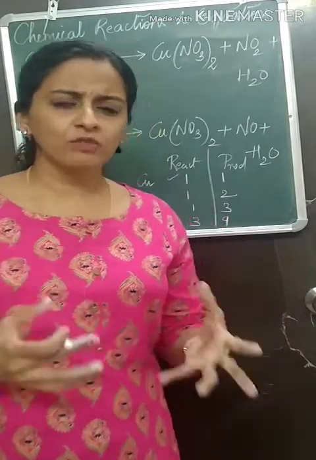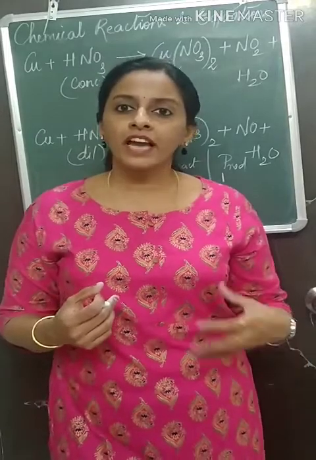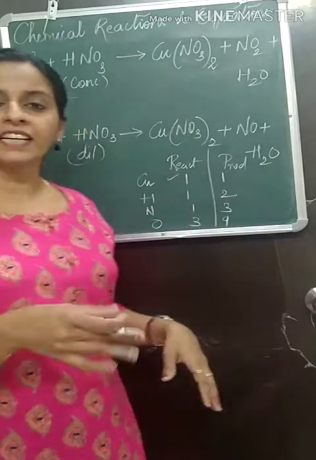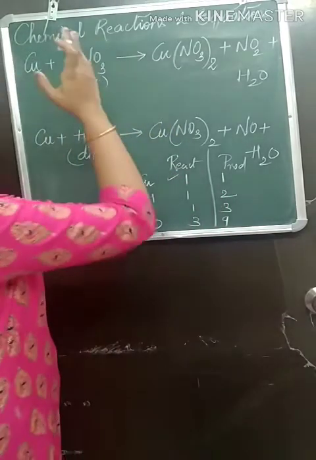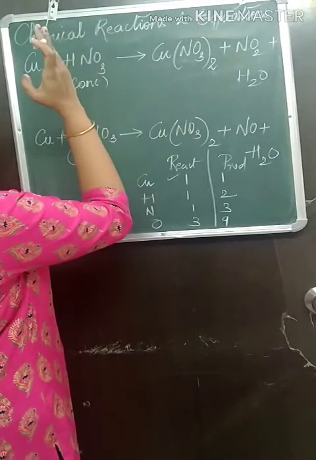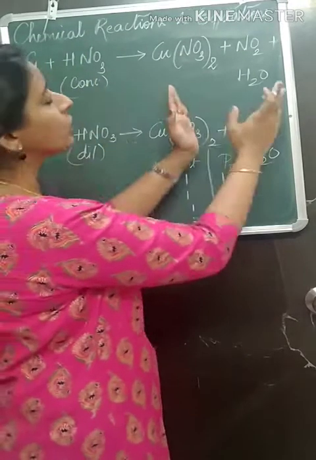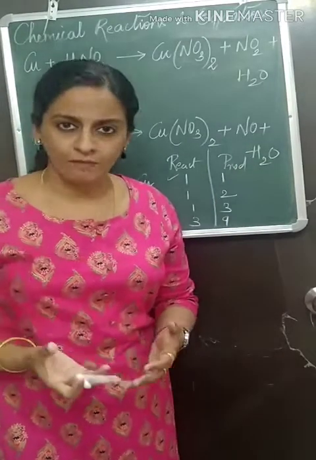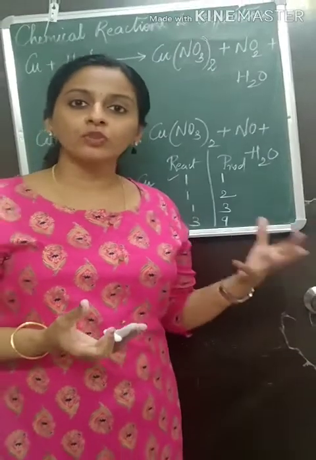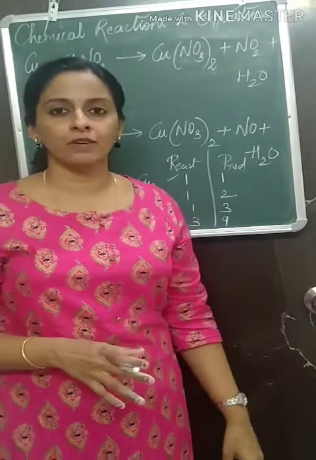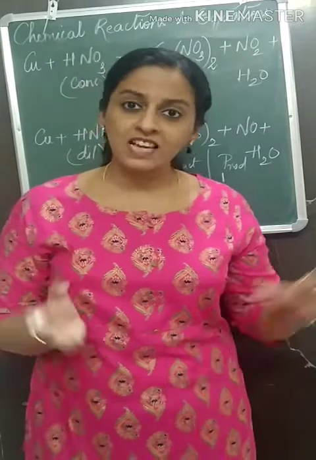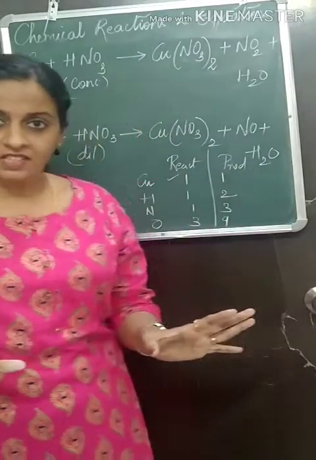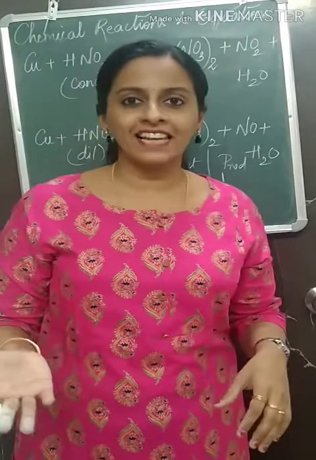Now what is the need? Why should we balance a chemical equation? Again, because of the law of conservation of matter. We have studied that matter can't be created nor destroyed. So the total number of elements on the reactant side should be equal to the number of elements on the product side. So to follow the law of conservation of matter, we have to balance the chemical equation. We will start with some simple reactions and later on we will come to these two reactions. Okay, for the time being you write these reactions and we will balance them later.